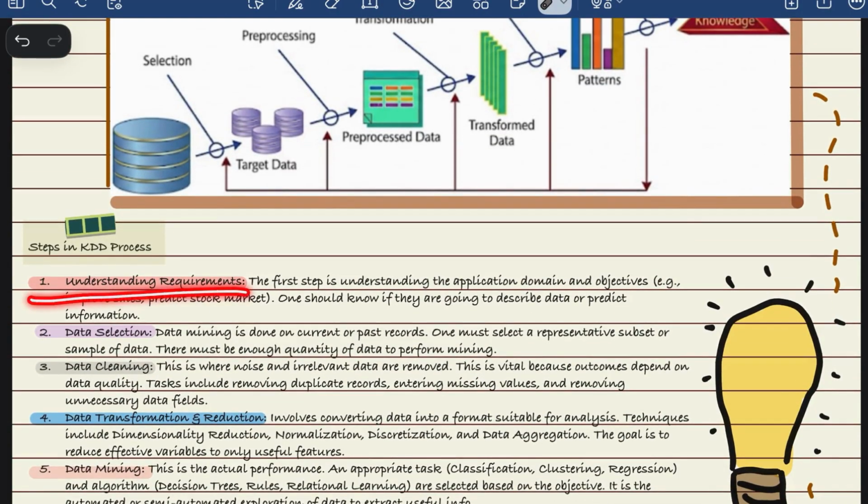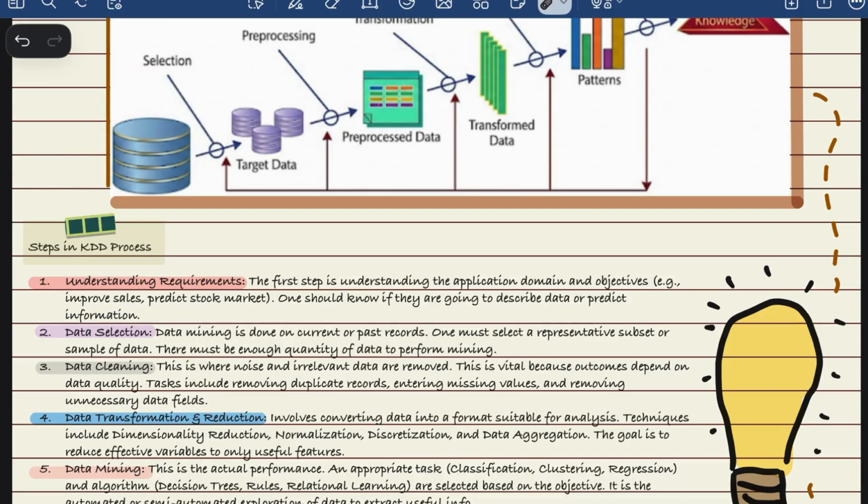So the very first step of KDD is understanding the requirements. Before you write the code, you must know the business goal. Are you trying to predict a stock market drop, or are you trying to figure out why retail customers are abandoning their shopping carts? What is the reason? What is the requirement? It is very important to understand the application domain, what you want to do. One should know if they are going to describe the data or predict information. That is how you actually get to know which data you want to target,